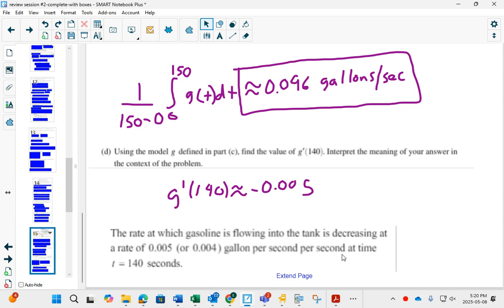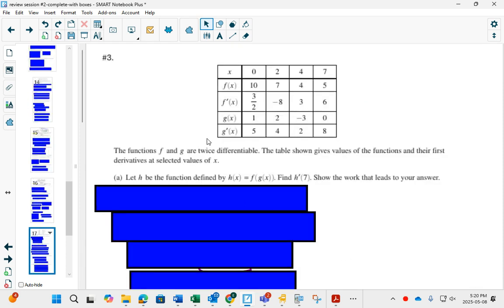All right, and we'll go then to example 3, another chart. Ooh, and it's got f of x, f prime of x, g prime of x. The functions f and g are twice differentiable. So that means f is continuous, g is continuous, f prime is continuous, g prime is continuous. We've got their first and second derivatives. And then h is the composition of f of g of x. Find h prime of 7